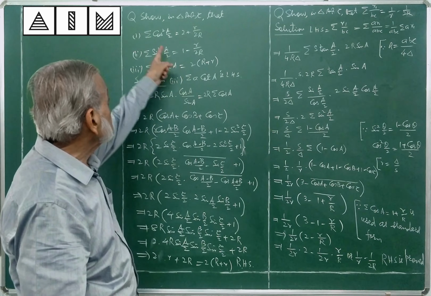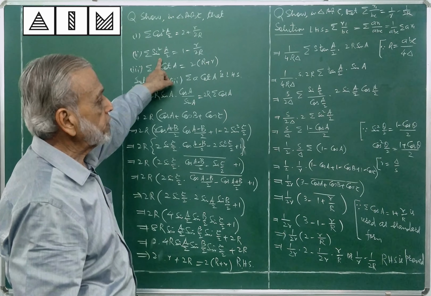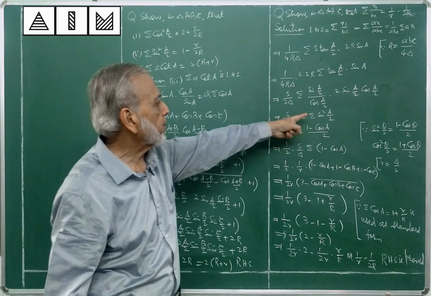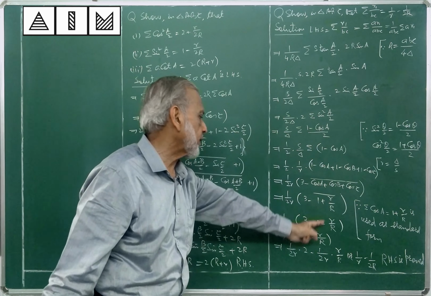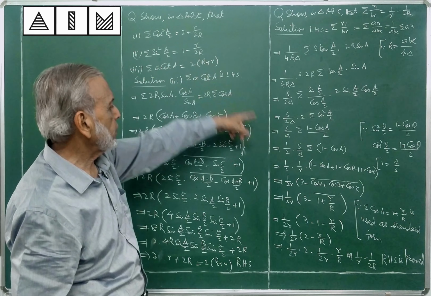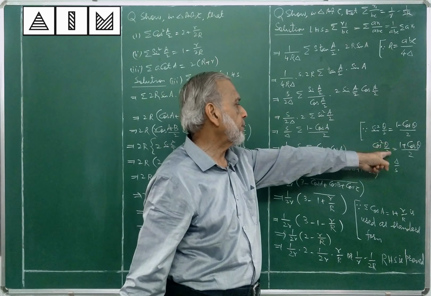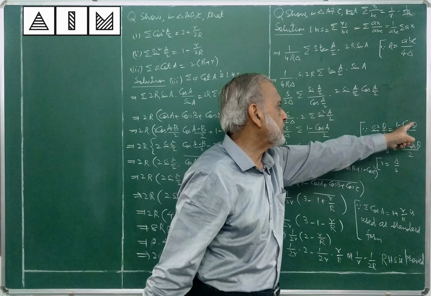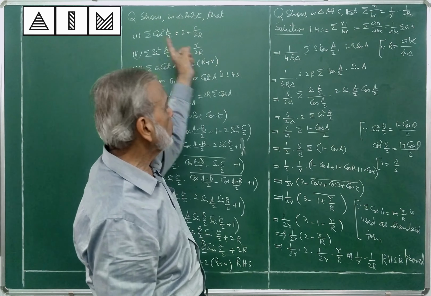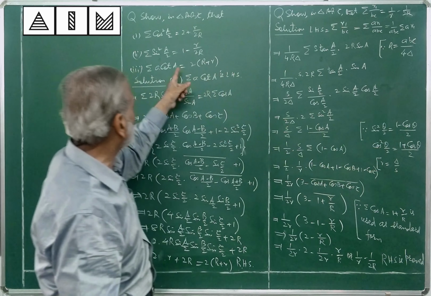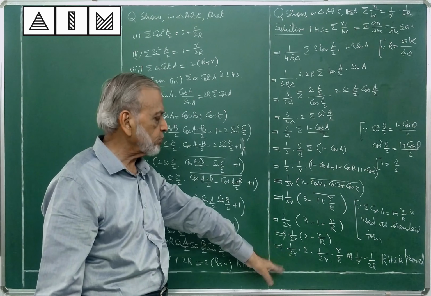Now for these two questions, sigma cos square A by 2 and sigma sin square A by 2: sigma sin square A by 2 has already appeared, so we have already solved it. Similarly, you have to solve sigma cos square A by 2 and get that result, using the formula cos square A by 2 is 1 plus cos A by 2 instead of 1 minus cos A by 2. We have taken 1 minus cos A by 2 for sin square A by 2; for cos square A by 2 you have to take 1 plus cos A by 2. Do the same thing again and you will reach the result.